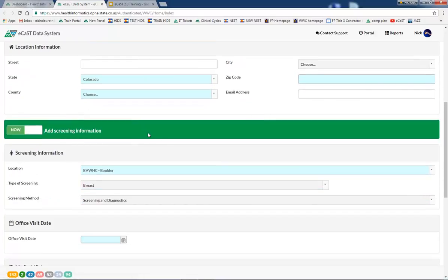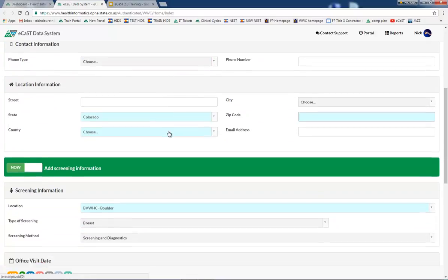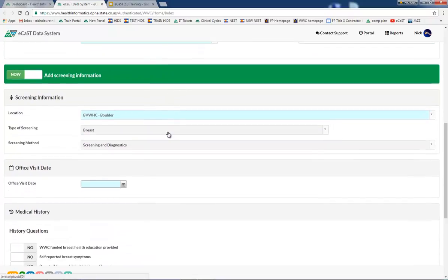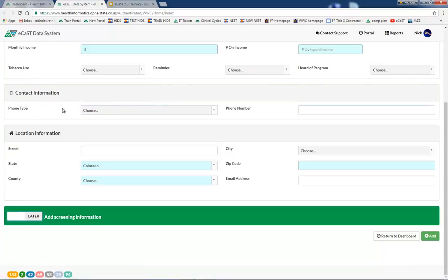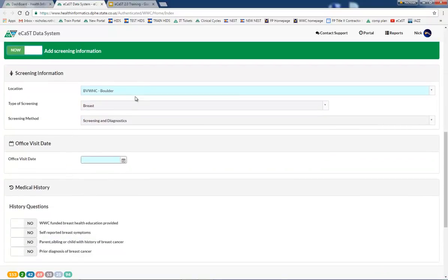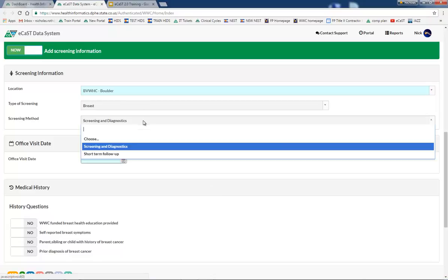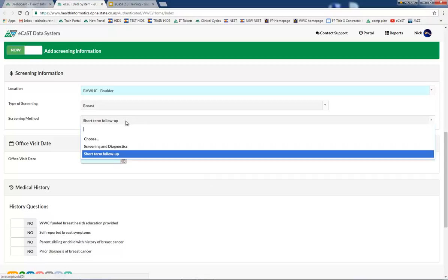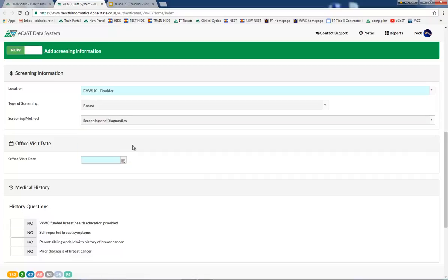And also a very special feature, once you're done entering all the client information that looks like the profile in ECAST that we're familiar with, you can click what's going to sit there as later, click now, and you can then start to enter a screening immediately. That's a very important note about ECAST 2.0, is that we're no longer going to be asking you to data enter cycles. We're only going to ask you to enter screenings, and they're either going to be screening and diagnostic or they're going to be short-term follow-up. So all that cycle information that we used to ask you to enter, we now do on the back end